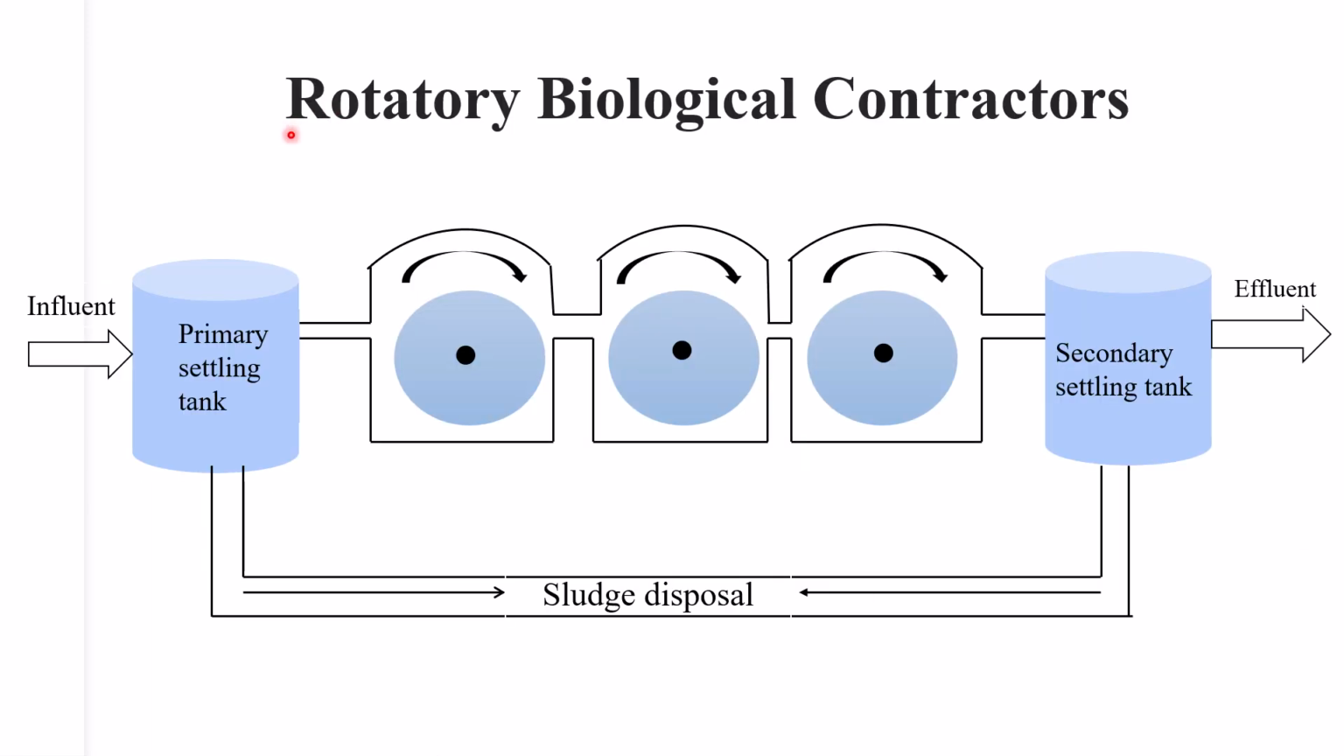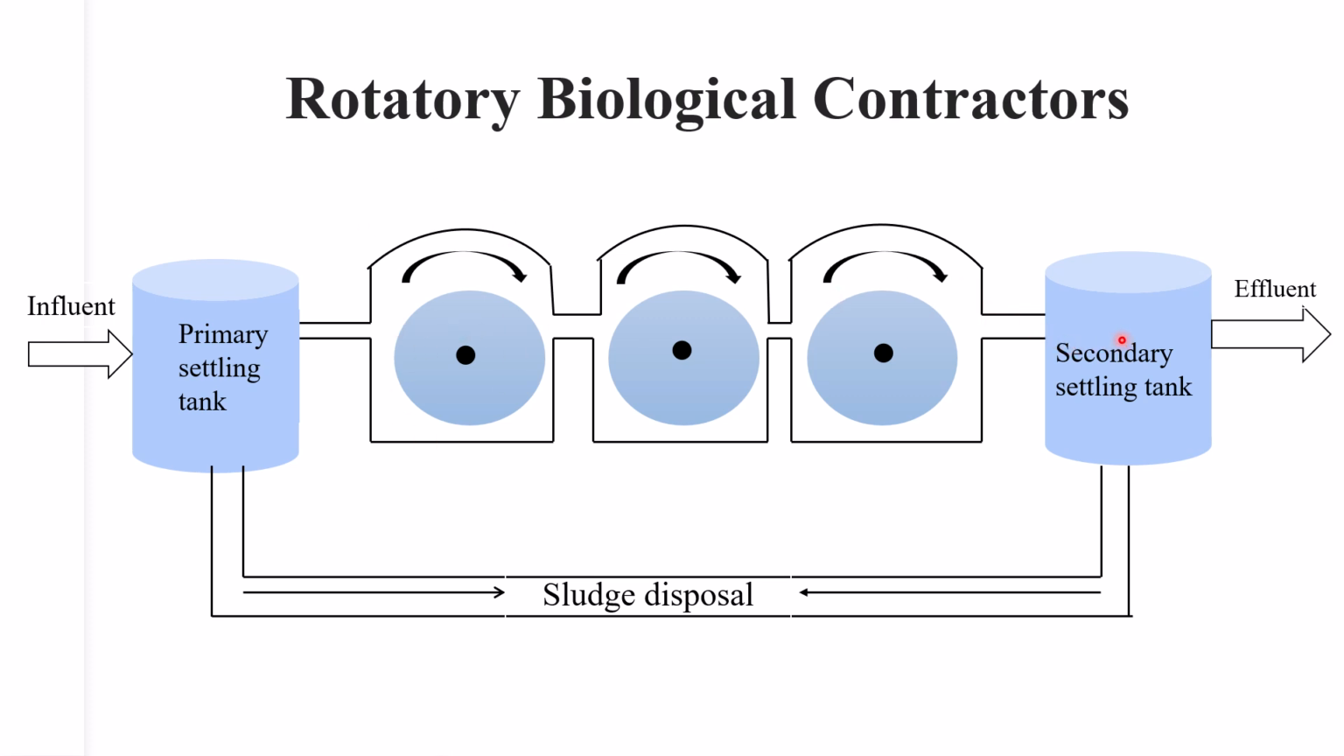The process of the rotary biological contactor we can see here. The influent or raw sewage first enters the primary settling tank, where the solids settle out. Then the liquid flows into the RBC unit. These are the channels of the RBC unit system. Here the microorganisms on the disc degrade the organic pollutants as they rotate. Then the treated water